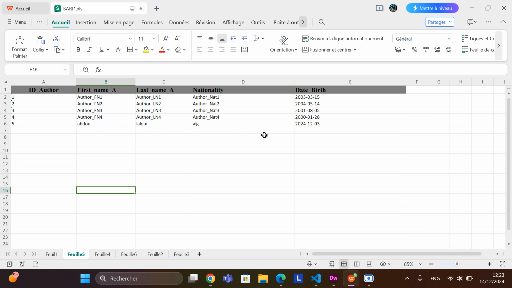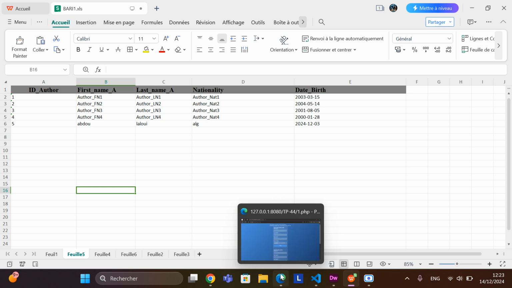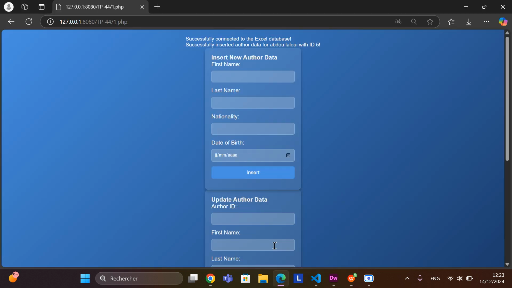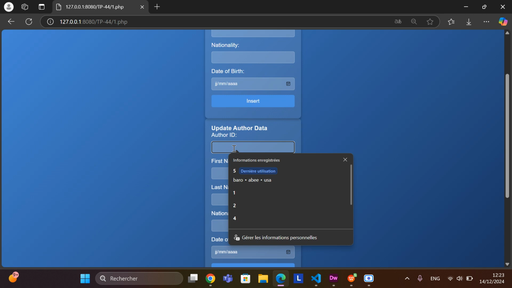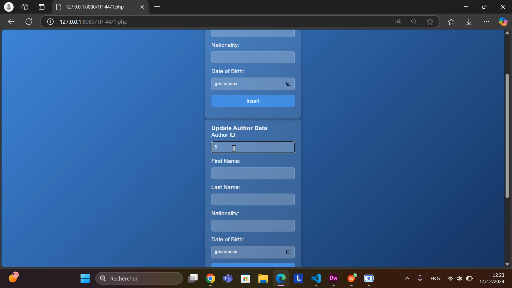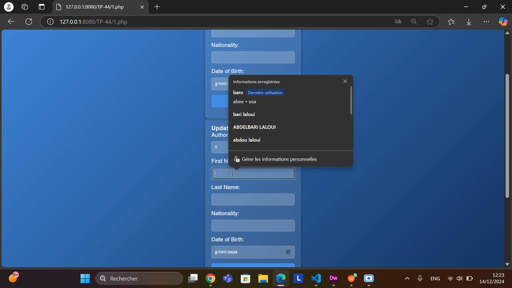Also every author has an ID, and the author that we have added is Abdul, with the ID number 5, so we can use this ID later. We can use this ID to modify or update our information. Let's say 5, and we modify. Let's call it Baru,